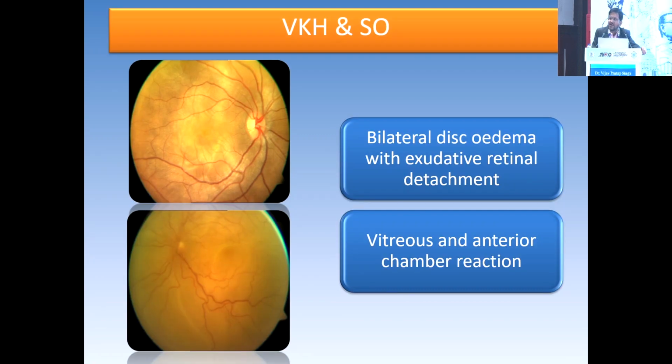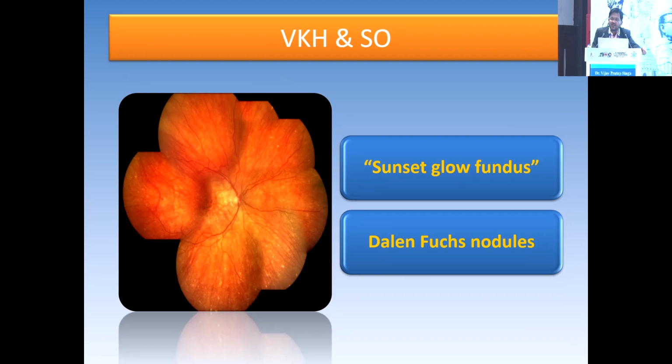Suspect VKH and sympathetic ophthalmitis if we are seeing a patient who has bilateral disc edema with multiple exudative retinal detachment pockets with anterior and vitreous inflammation. In the convalescent phase of VKH, we typically get a sunset glow fundus, and in patients of sympathetic ophthalmitis, we get Dalen-Fuchs nodules, but remember that these are seen only in one-third of these patients, and the history of trauma actually differentiates between VKH and SO,